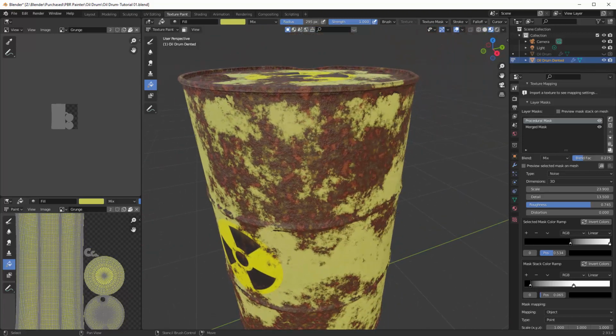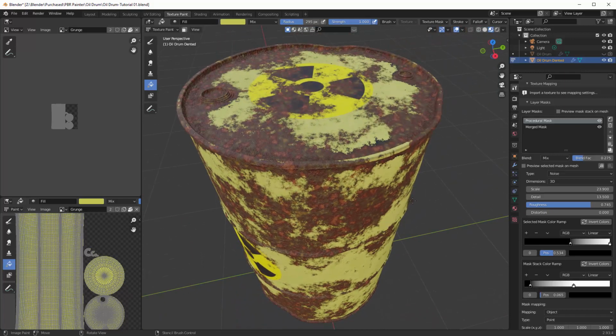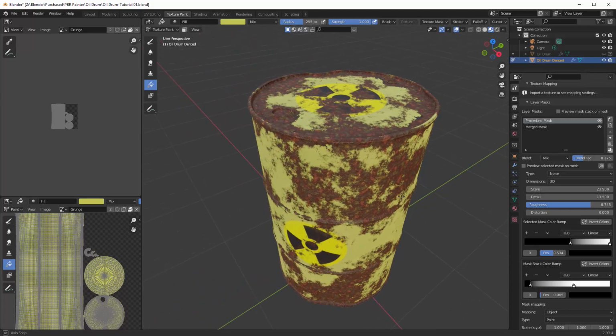Okay, I can live with that. That's pretty good. I could play with it all evening and still not get anything that looks any better than I've got, so let's move on to the next one,